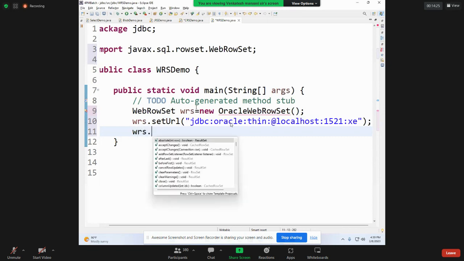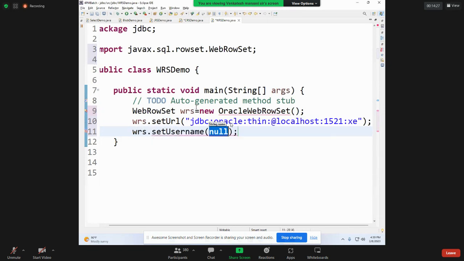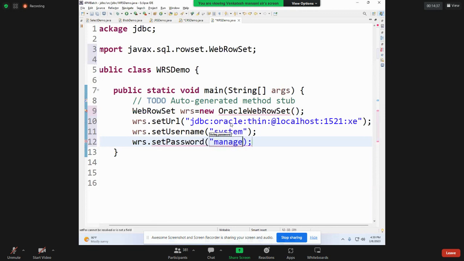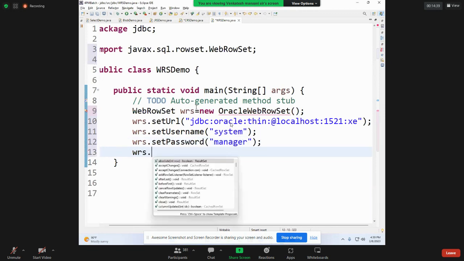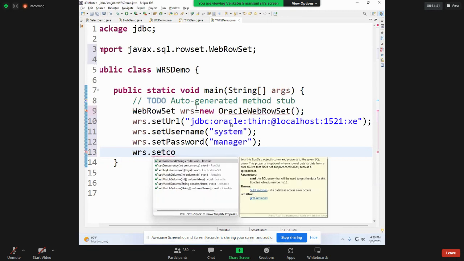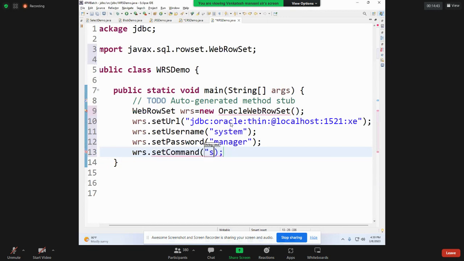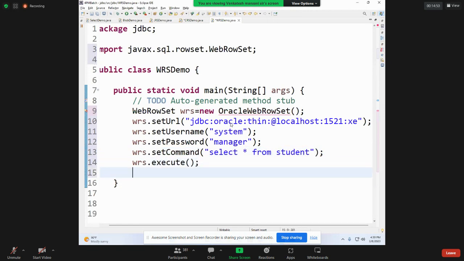WRS dot set username, now system. WRS dot set password manager. WRS dot set command, select star from student. WRS dot execute. Now again, if you write WRS dot next, if you display while loop, if you write, then